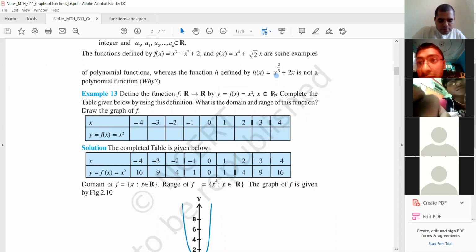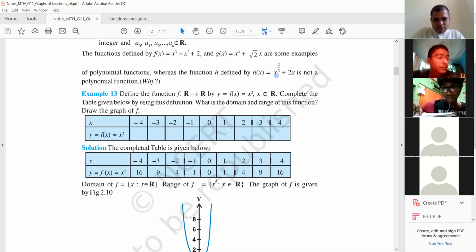If f of minus x is equal to f of x, it is called even function. And if f of minus x is equal to minus f(x), then it is called